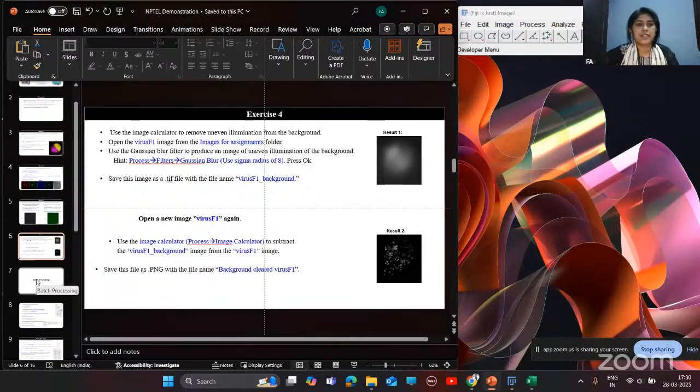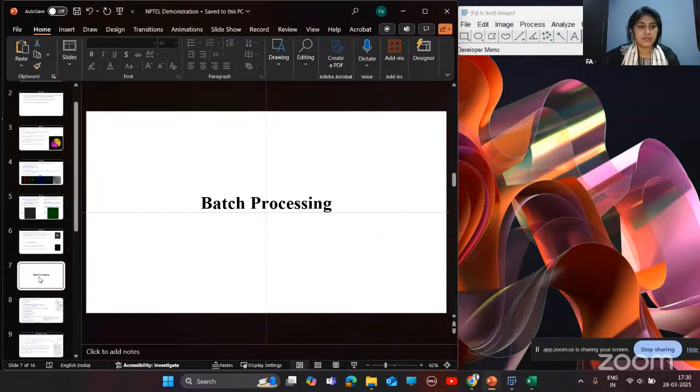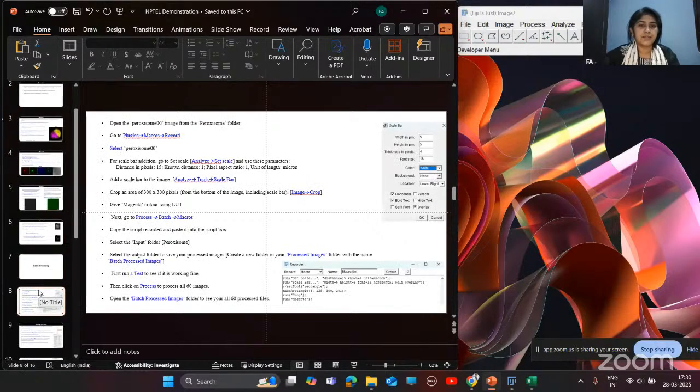Okay, so next we'll go to batch processing. So here you will learn something new, and we'll use one method which you have learned in previous lectures. In this exercise, we have a series of images.